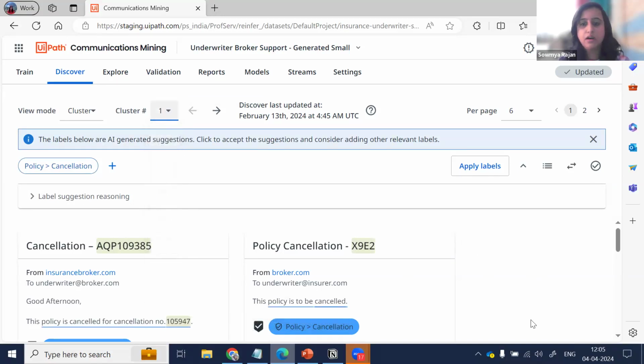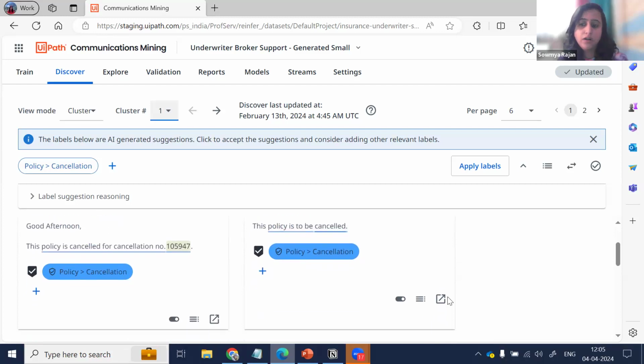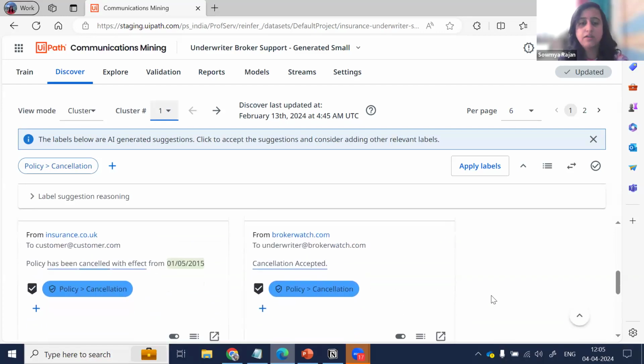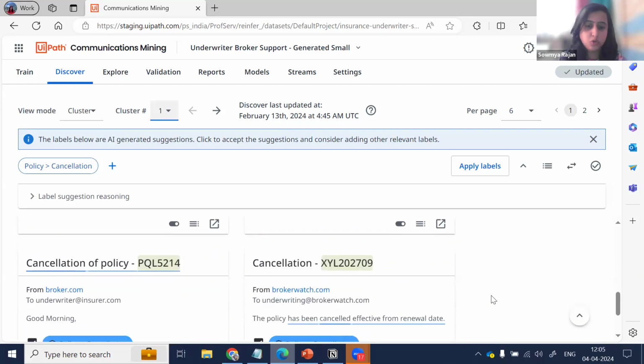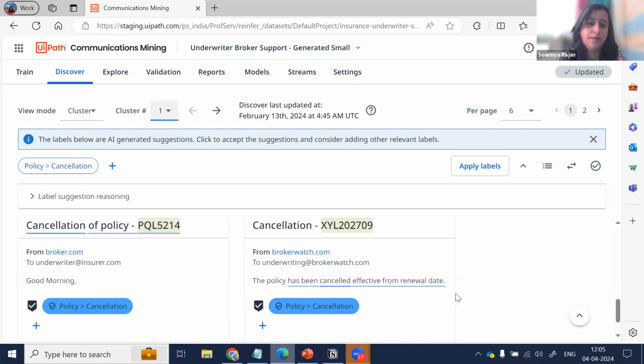And there will be n number of pages given for us as well, so that you can train the model in the beginning and make it understand that, hey, okay, this might belong to cancellation, but it might not belong to policy. It might belong to something else as well. So it all depends on the business SMEs, who will help us understand from all these policy cancellations and everything. And then when you go to the Explore tab,